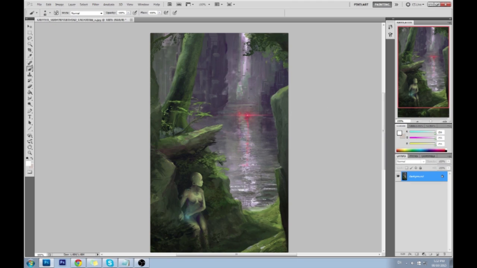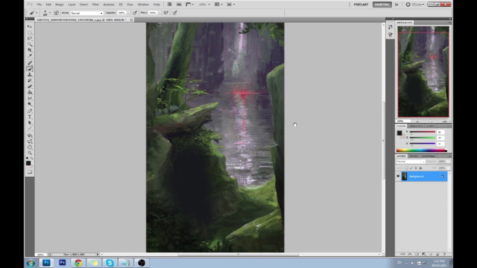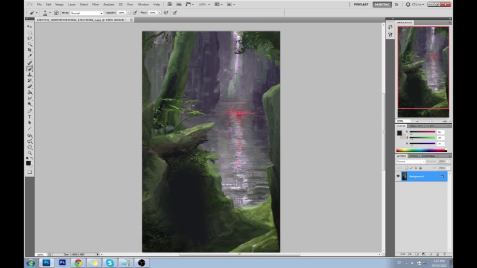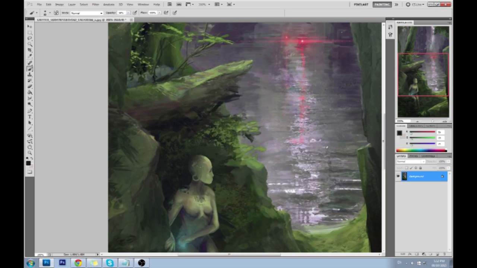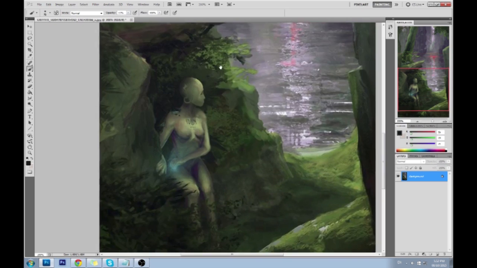So the key here is, yes, you have to darken her, but it doesn't mean you just get a brush and throw that black right over. I mean, it would be nice if we could do that, because look at how reestablished the depth has become because we removed that light interruption. But what we have to do is lower the opacity all the way and really build the darkness. See my opacity? I'm being really, really sensitive with it. And this is exactly what you're supposed to be doing.